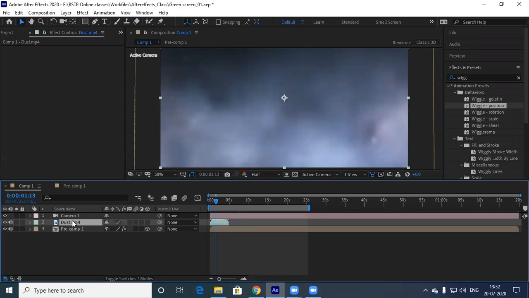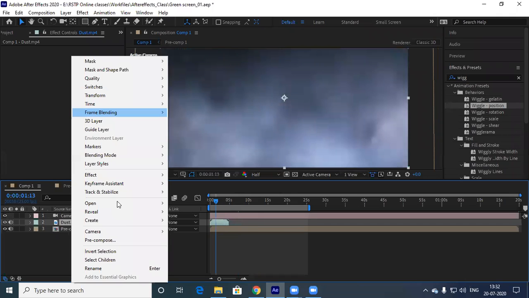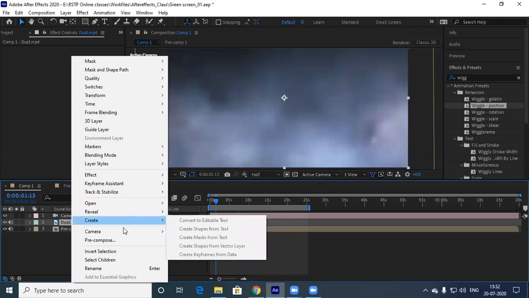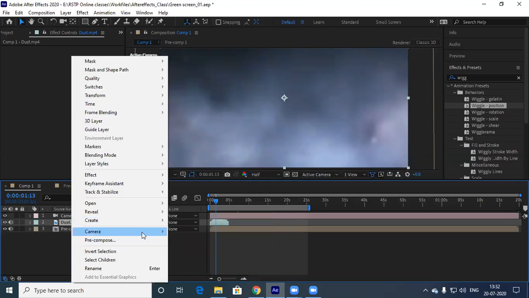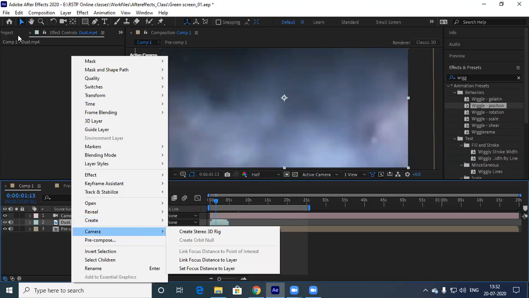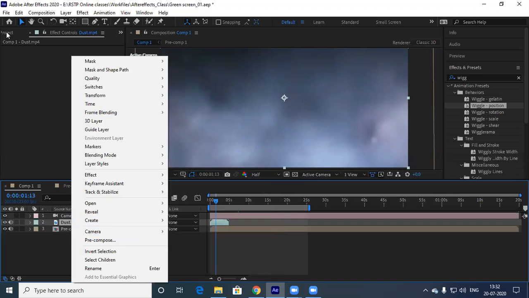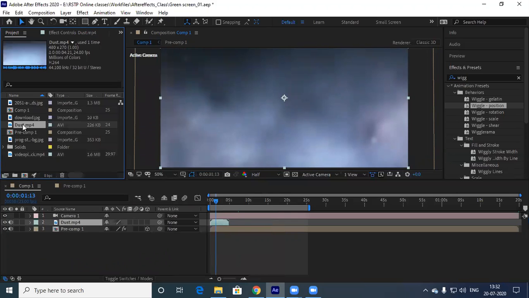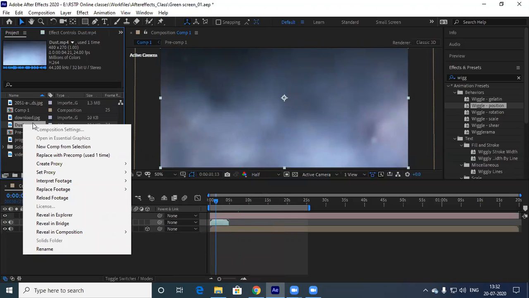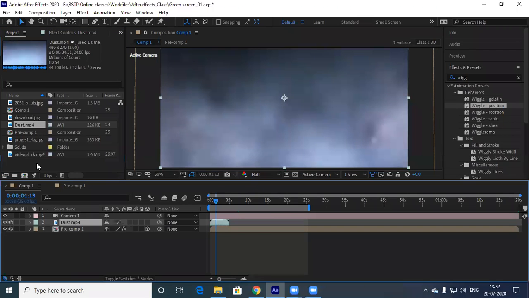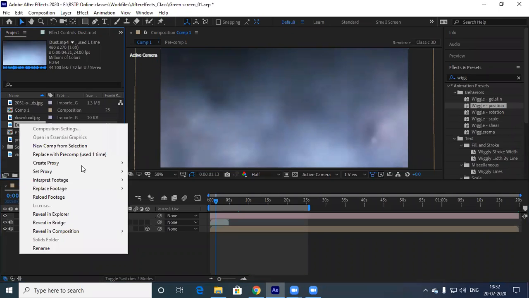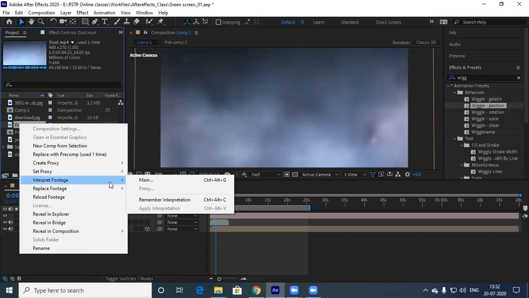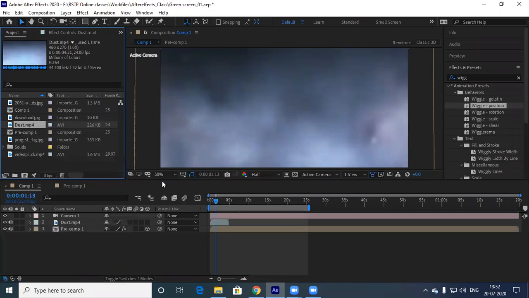So what I'll do, in the project panel, dust, right click, interpret footage, main. In that you have to click on main.